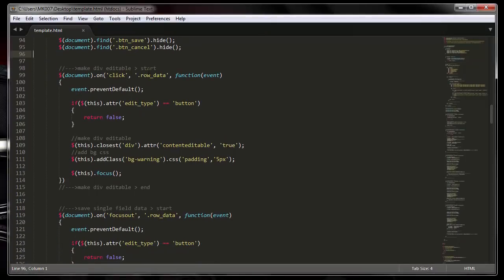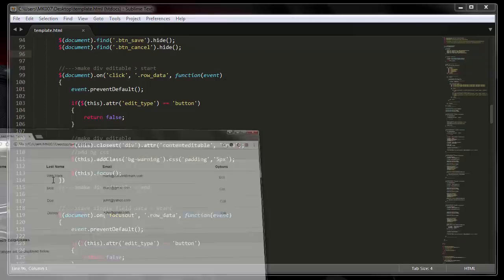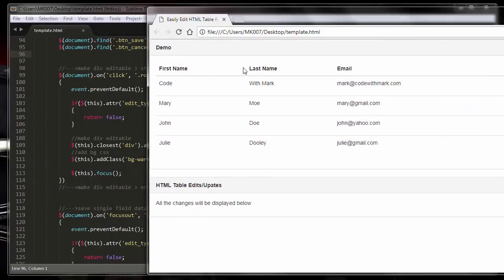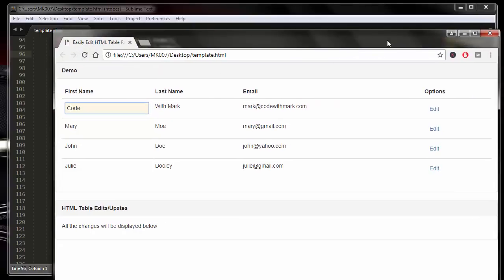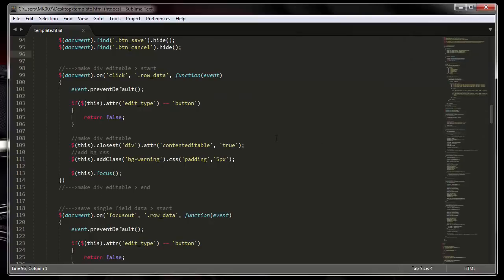So the next part of the code is where we make it editable. You're like, what does that mean? All right, let me put this side by side. So in here, wherever I click, for example here, it's going to make this editable. Content editable. And how does that happen? There's an attribute if you're using an HTML5 document, and